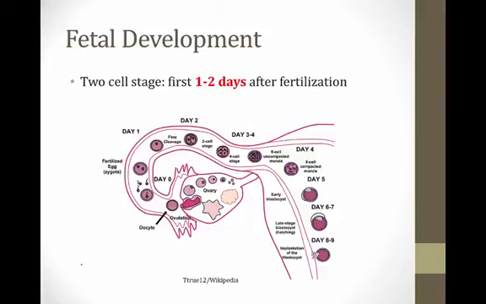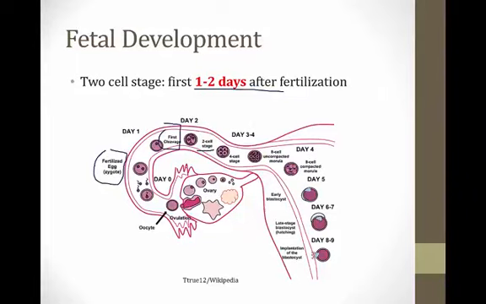Shown on this slide is an illustration that you can find in many textbooks showing all the steps from ovulation through fertilization through implantation of the developing embryo in the wall of the uterus. So first of all, you should know that fertilization takes place in the fallopian tubes, and it usually takes about 2 days after fertilization before that first cleavage event occurs and the developing embryo goes from the one-cell stage to